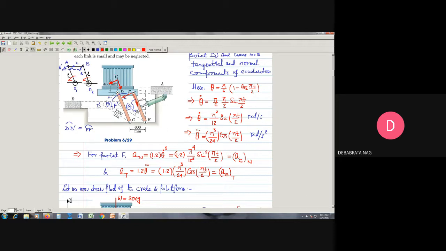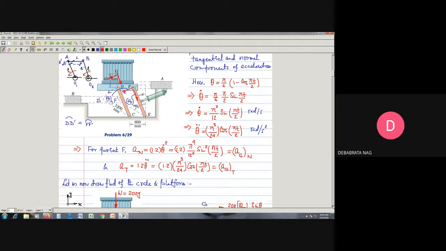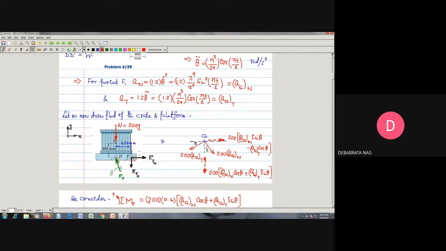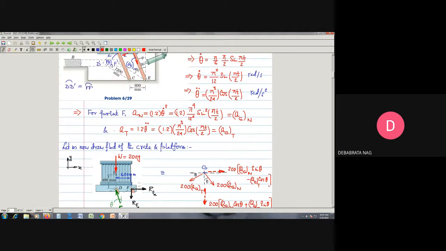and this platform. If we check this free body diagram of the crate and the platform, we see that we will be having at point F two reaction components, RFX and RFY, because if we see this free body diagram of the crank